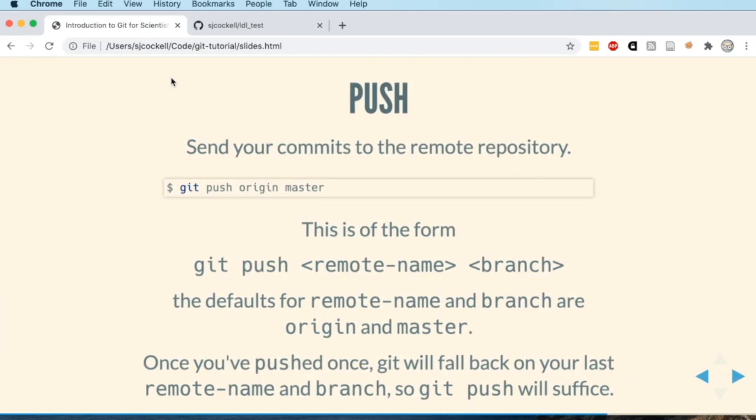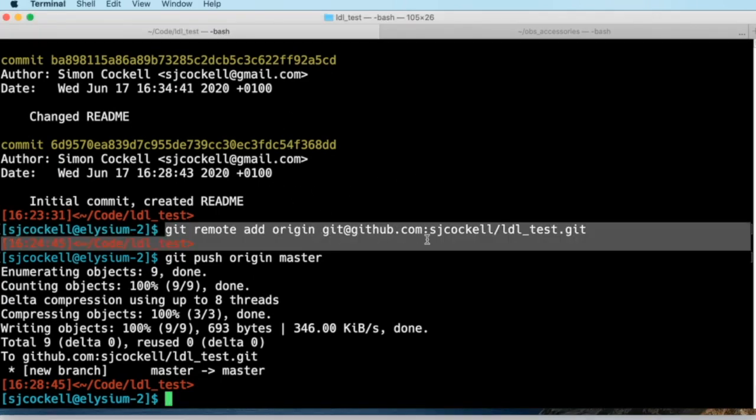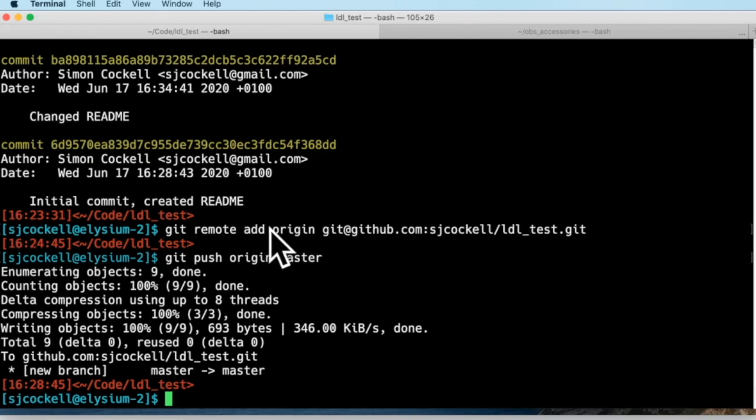Push we've just done. So git push, the remote name and the branch. The remote name by default is origin. That's kind of the standard name for your remote, but you can call it anything. So when we added our remote at our terminal here, we could have called it something different. We could have done git remote add github and then the GitHub URL, and then our remote would have been called github and not origin. So you can affect that name,